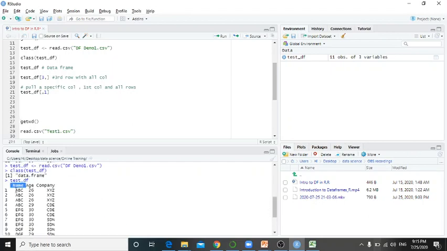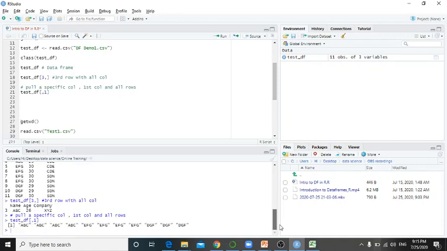And what are the values in name? So these are the name values which are being shown by the data frame. Okay, so it has fetched all the names which are present in the data frame. All right, so this is how you can pull a specific column only, or you can pull a specific row only by this particular function.